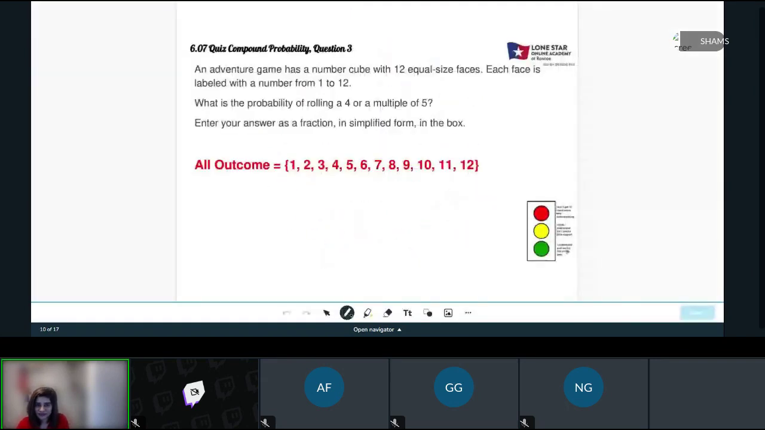So an adventure game has a number cube with 12 equal size faces. I went in and listed the outcomes from 1 to 12. It has 12 faces numbered 1 through 12, so these are the possible outcomes. What is the probability of rolling a 4